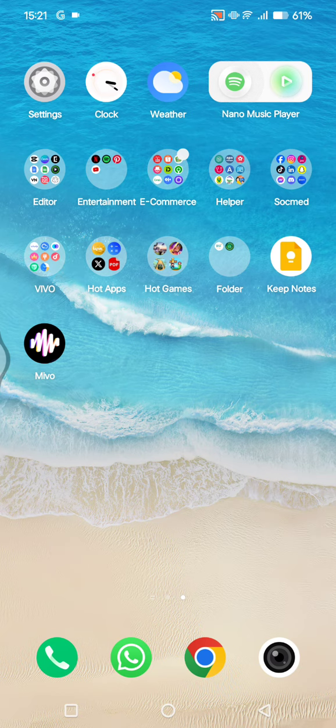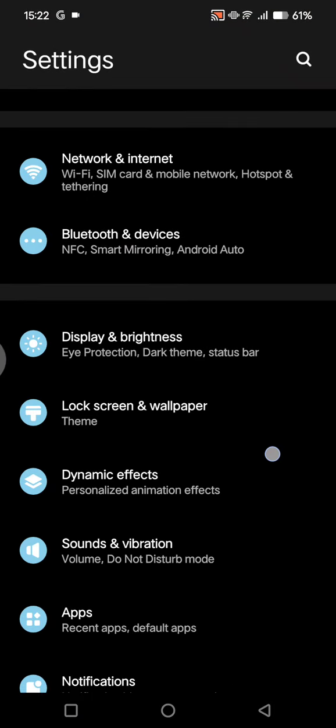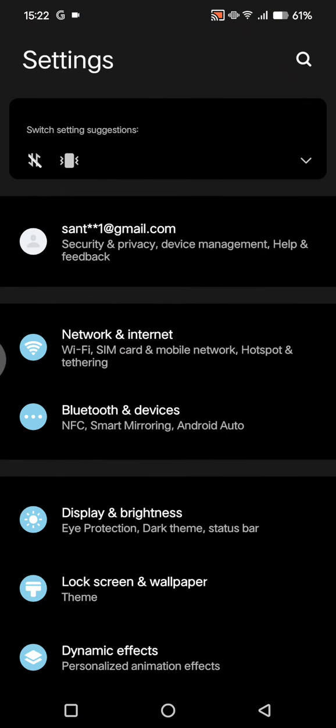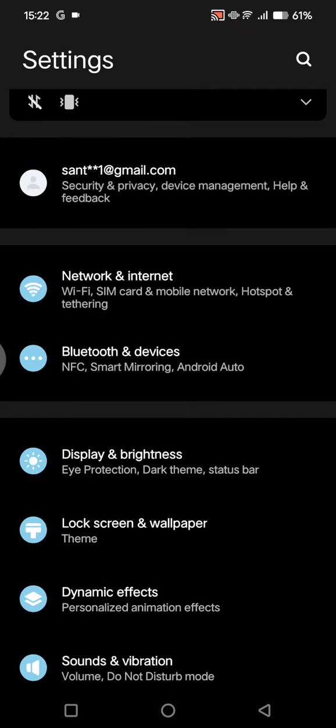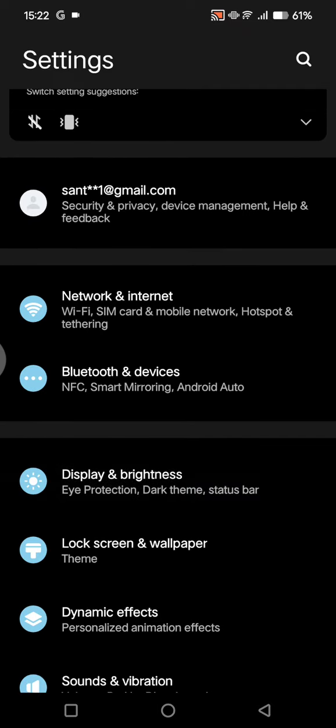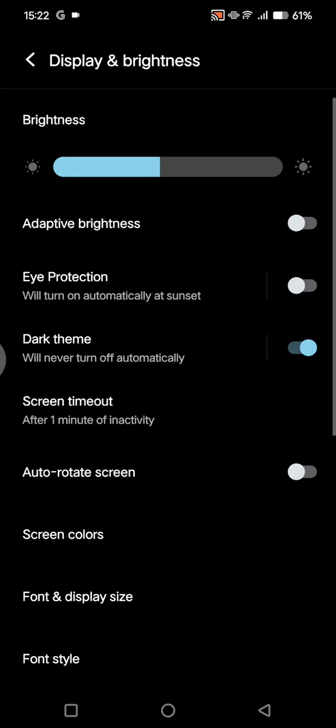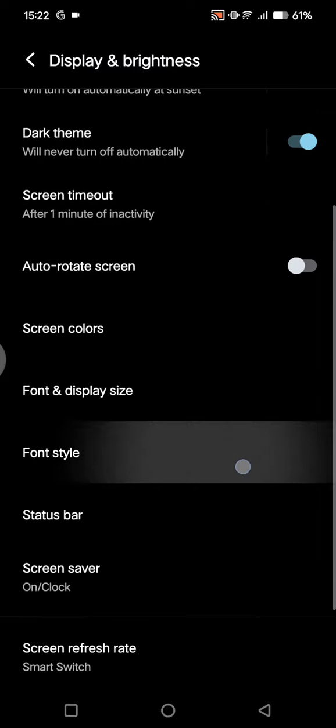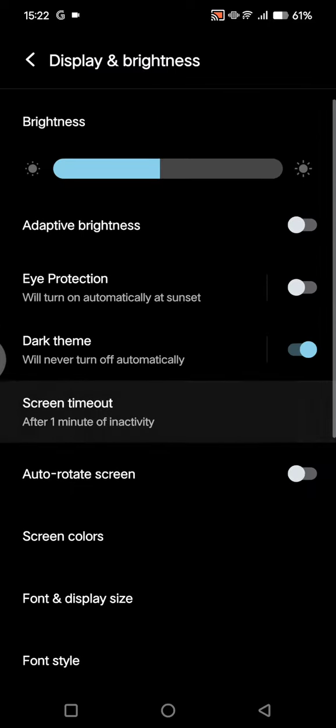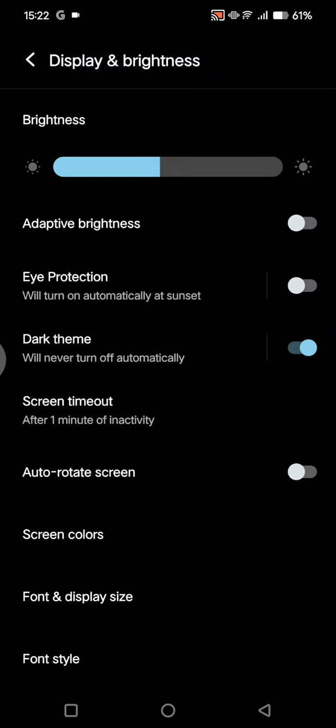On today's tutorial, I'm going to show you how you can turn off the dark theme on your Android phone. So here, what you need to do is open the settings on your Android, and then you can find the display and brightness options. Tap on that, and in here you can just see there will be this dark theme, because you can see that my theme on my phone is currently on